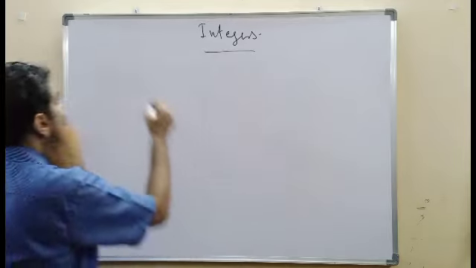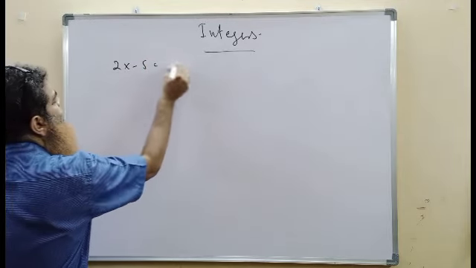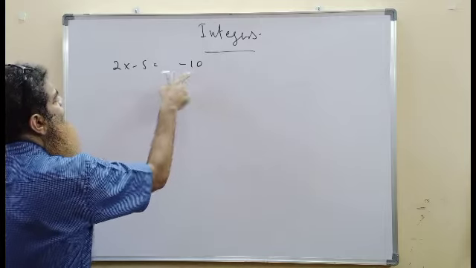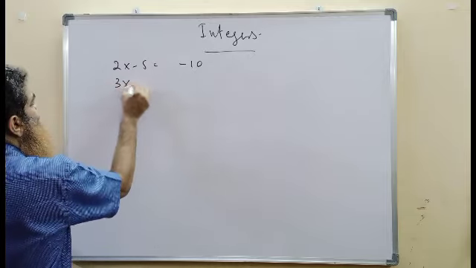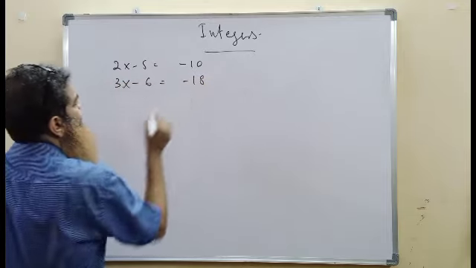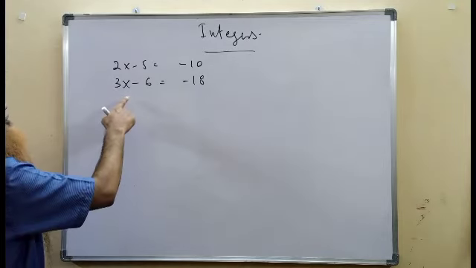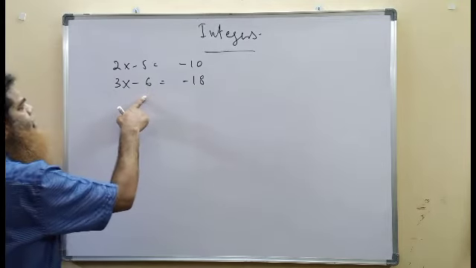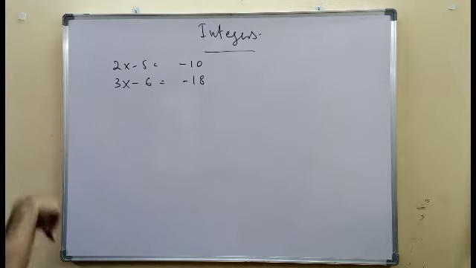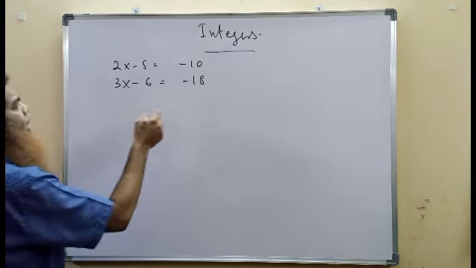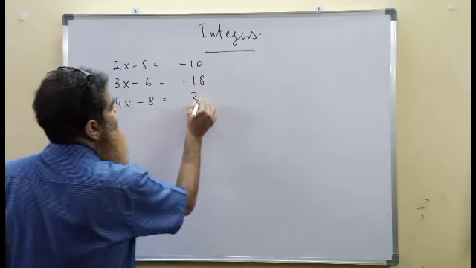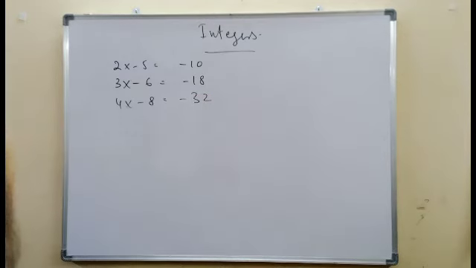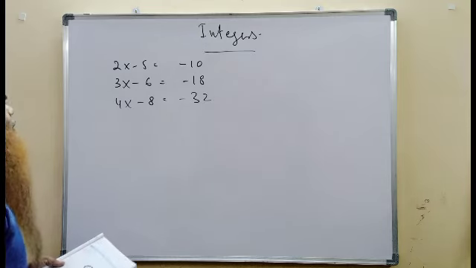Similarly, 2 into minus 5 is equal to minus 10. 2 fives are 10. We had a minus here, so it is minus 10. Then we have 3 into minus 6 is equal to minus 18. 3 sixes are 18. 3 jumps of 6 each on the left side of 0. So 3 into minus 6 is minus 18. Then we have 4 into minus 8. 4 eights are 32. We had a minus there, so minus 32. So we have 4 jumps of 8 each on the left side of 0 on the number line.